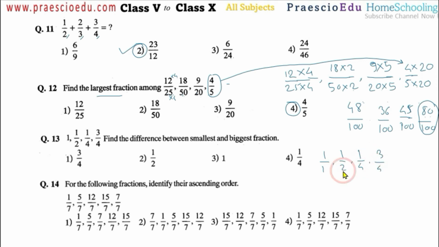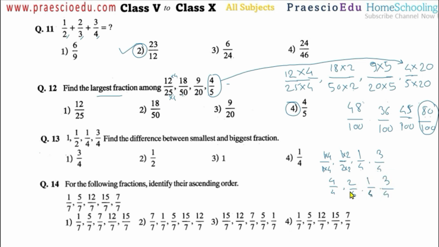So this 2 has to convert to the 4, because here also 4, here also 4, and that can be having the multiples of 4 also. So here we have to multiply by this 2, and this multiplication by 2 we have to do in the numerator also. Now 1 has to convert to the 4, which means multiplication by 4, and this multiplication of 4 is also multiplied in the numerator. So now 1 multiplied by 4 means 4, so 4 by 4, then here the 2 by 4. Okay, then 1 by 4 and then 3 by 4.